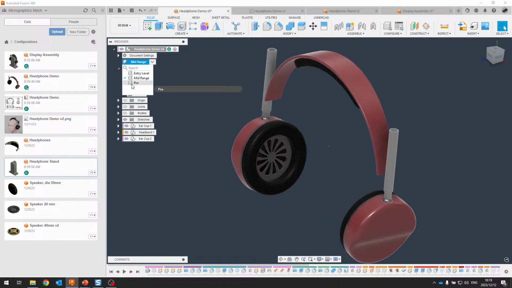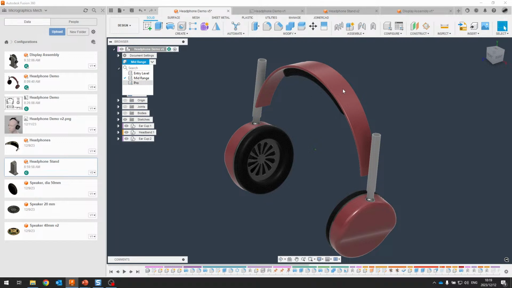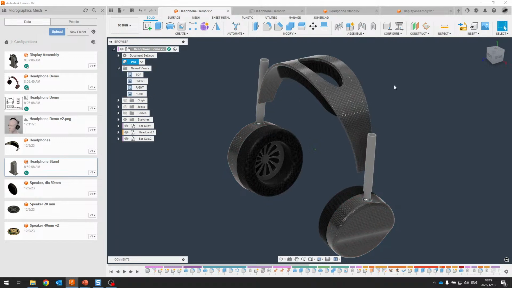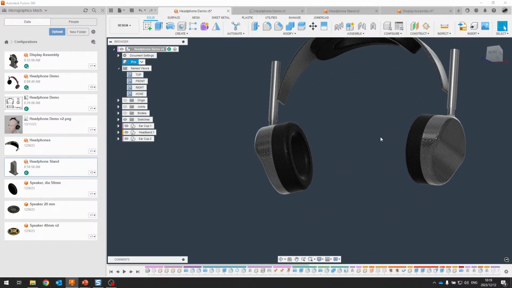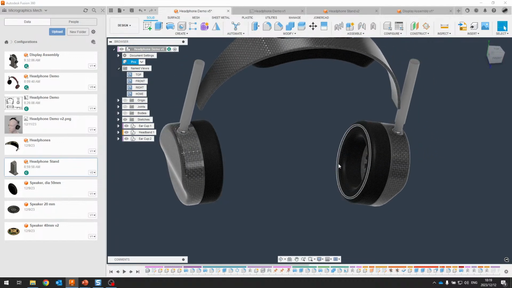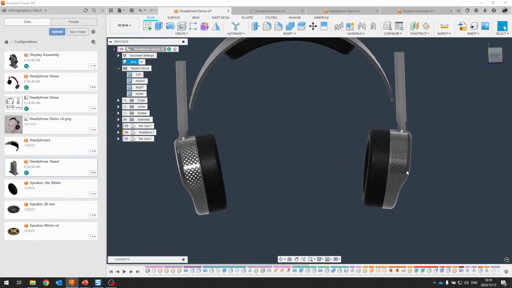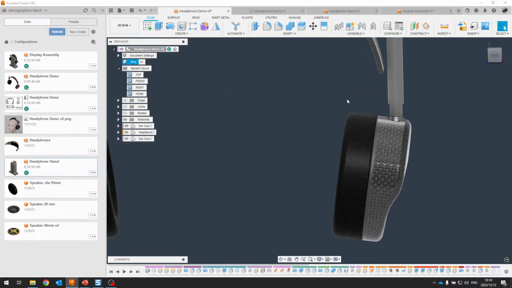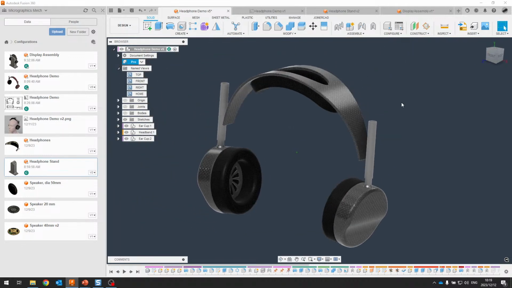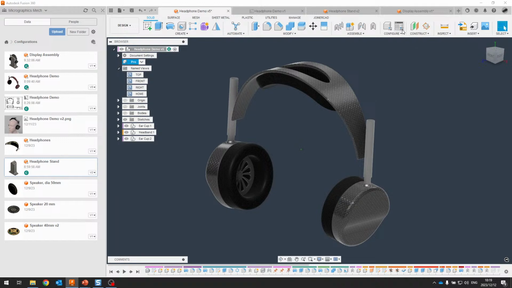And then going to Pro, making quite a drastic change to the headband. You'll see there the headband gets wider, gets a cutout, and the foam on the ear muffs, on the ear cups, should I say, is a lot thicker. And the appearance once again changes. So in this case here, we've got the